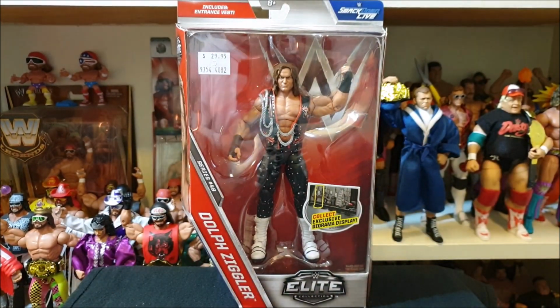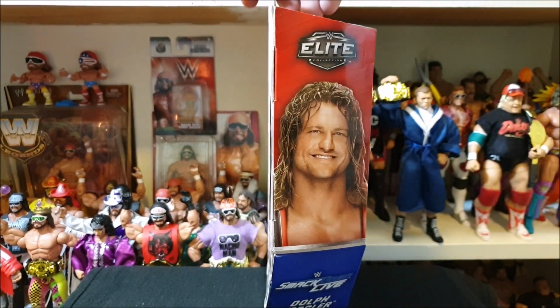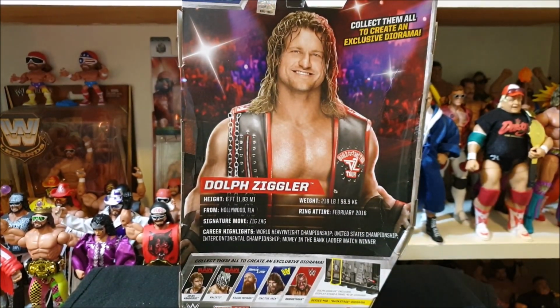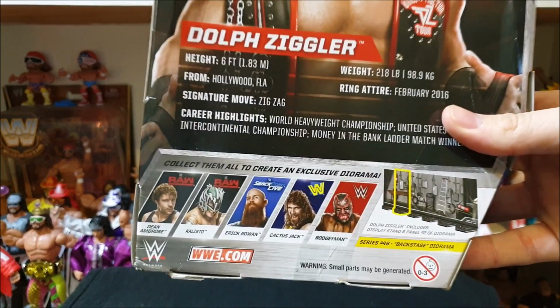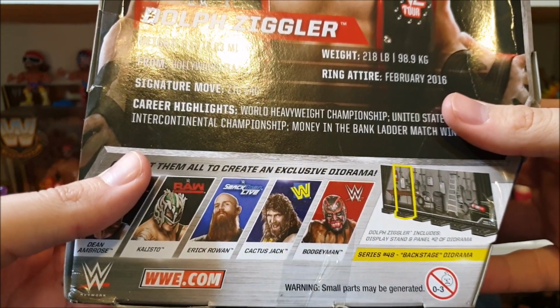Now, previously I don't actually have a Dolph Ziggler figure, and when this figure came out, I was more of just a Legends collector. I didn't really get any modern superstars, and you know, I passed up on it. But as they say, distance makes the heart grow fonder, and I definitely grew very fond of this figure. So originally, this figure was in stores here in Australia, most department stores like Kmart and Target, Big W,